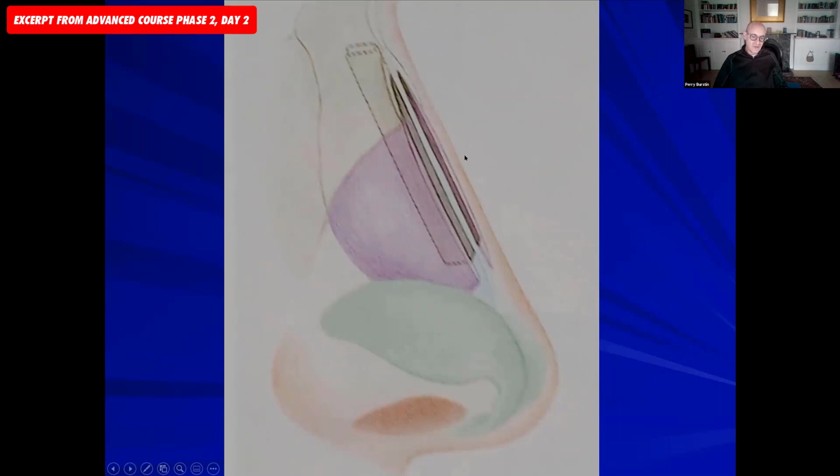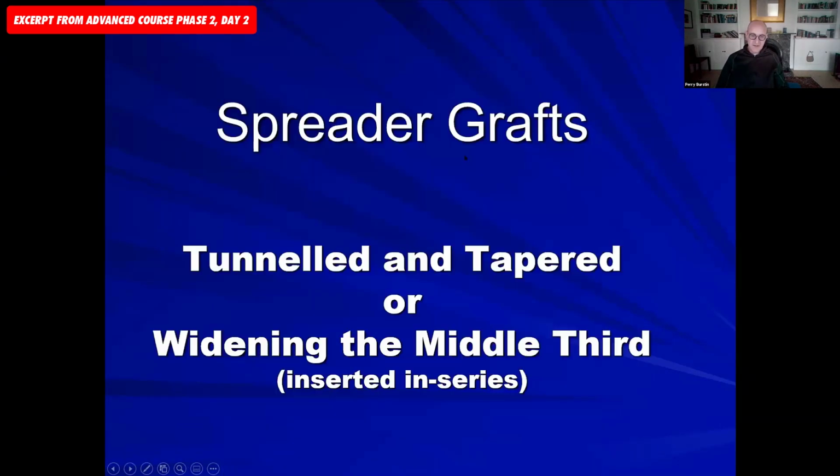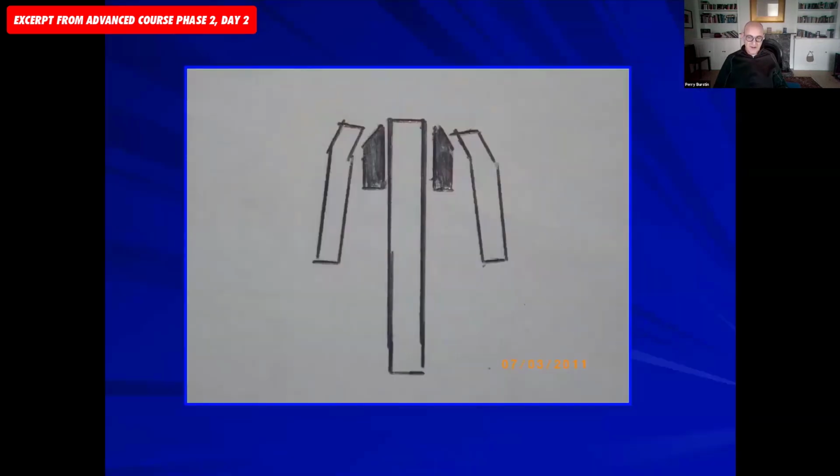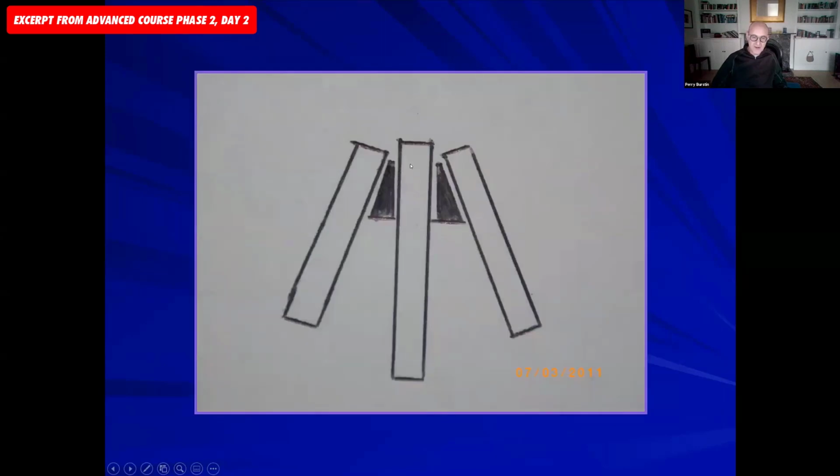reconstitute this internal valve here, and there's lots of different ways of doing it. So the first is spreader grafts, and they can be tunneled or tapered, or they can be in series and wide in the middle third. So these are much bigger types of spreader grafts inserted between the septum and the upper lateral cartilage. And I'll do this for reconstructive manoeuvres. I'll try and use more cantilever type of grafts or much thinner grafts if I don't want to widen that